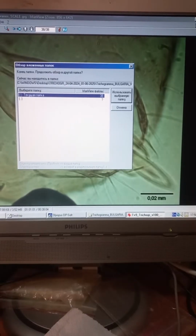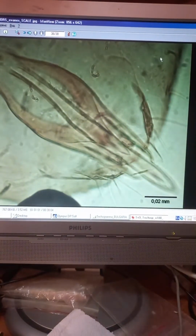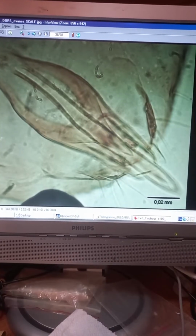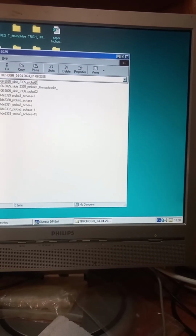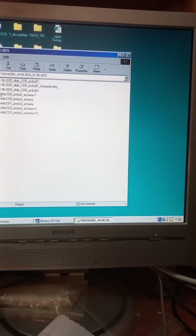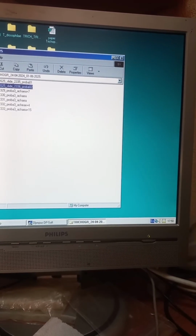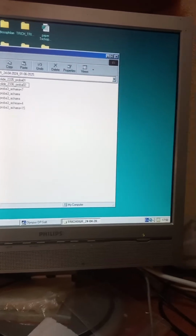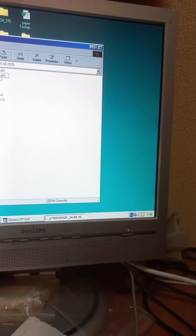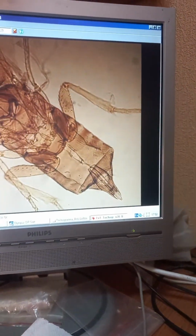Okay, and I show you some details of hermaphrodite. Combination of male and female. Close the picture. Wait a minute. I open the folder. I cannot use left hand. Open the folder. Okay, here we have